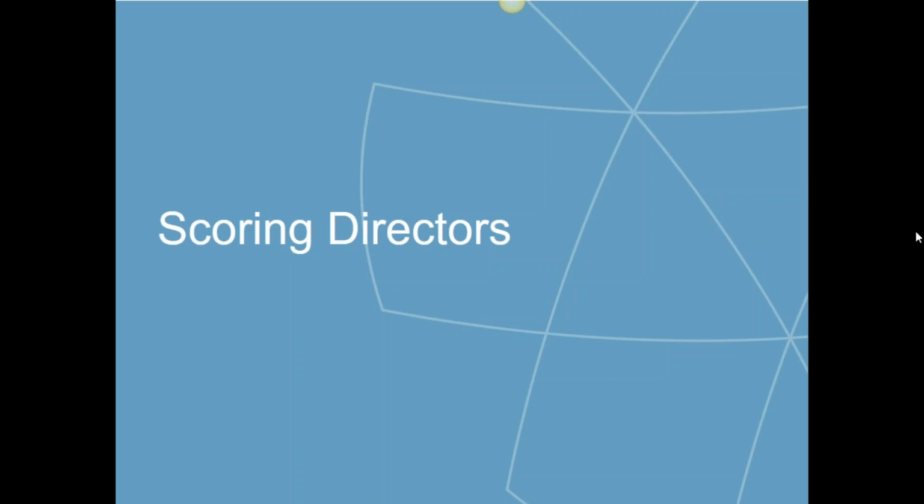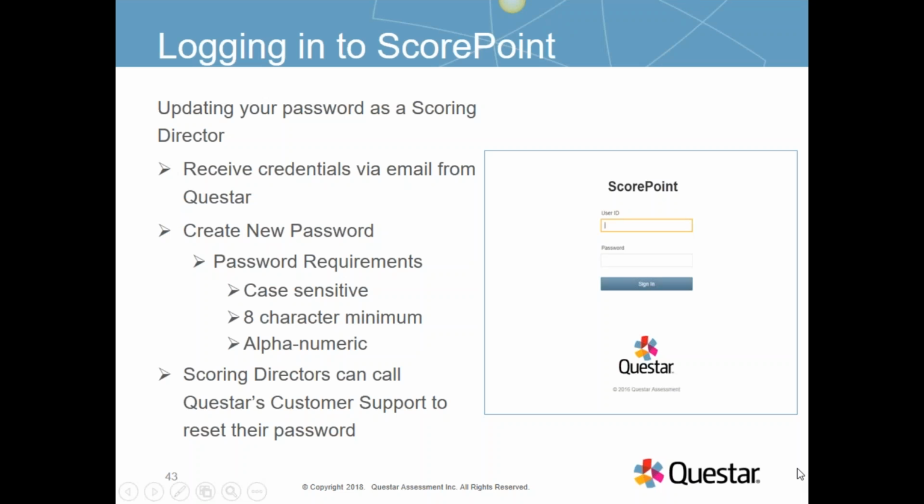Okay. All right, so we are going to move on now. The next section that we're going to be talking about is the scoring directors and some of the important tasks that they need to do in order to be sure that the scoring windows are set and your login tickets are ready to go. So with that being said, as I talked about a little earlier, on April 2nd for ELA,